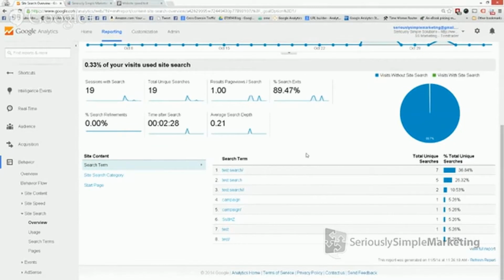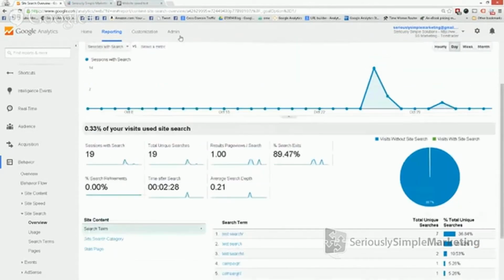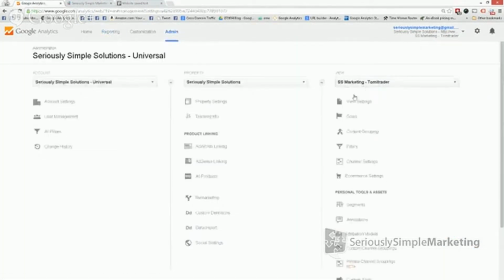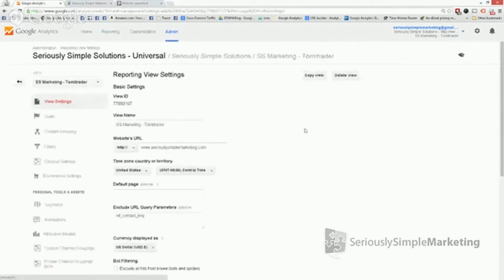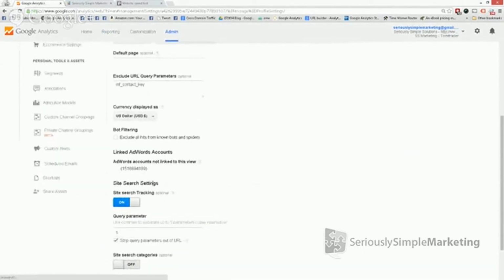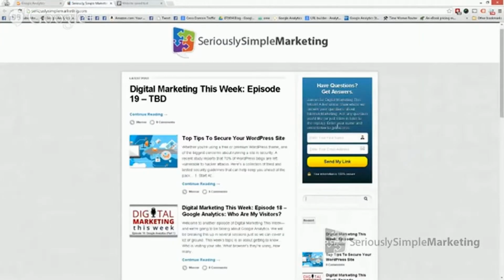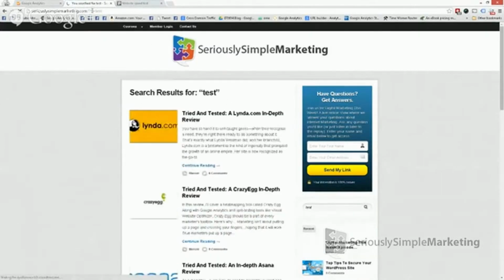So you go in there and you turn on site search, and I'll show you exactly where to do that. For the view, you're going to go into your view settings, and you go to site search at the very bottom here, and just turn it on. And then this part right here is how you find that little query parameter, and this is why we do this. So you type in test, and you search for something on your site. Most WordPress sites will use S. You'll see this right up here. See that little S and then test? So when they do, that's what you use.